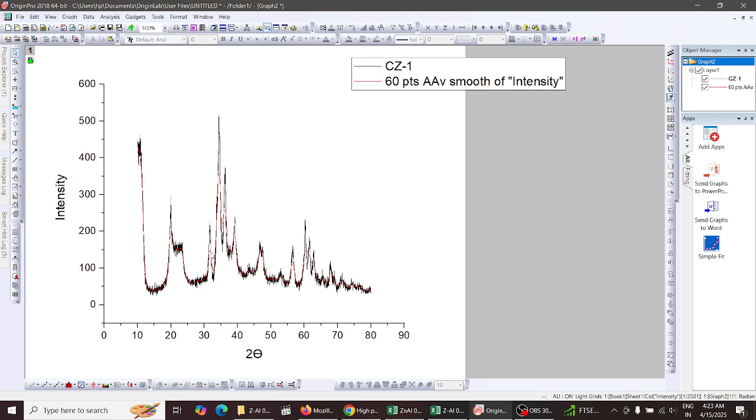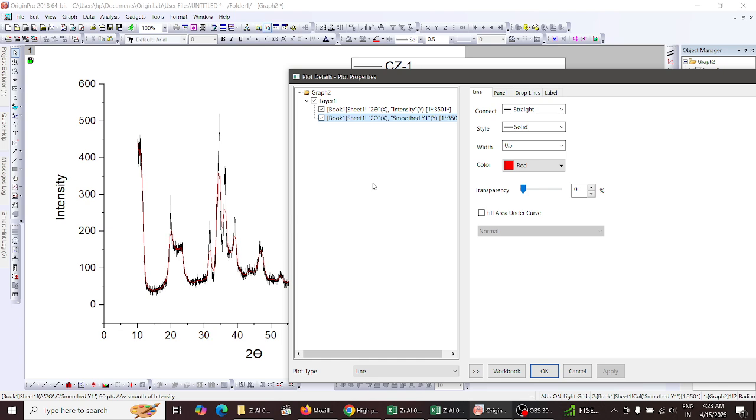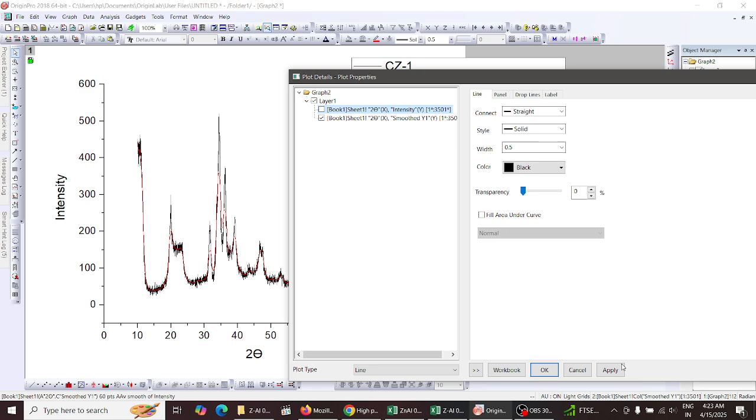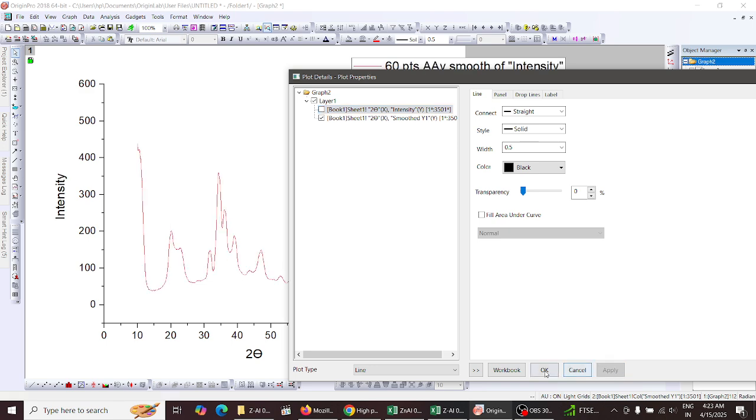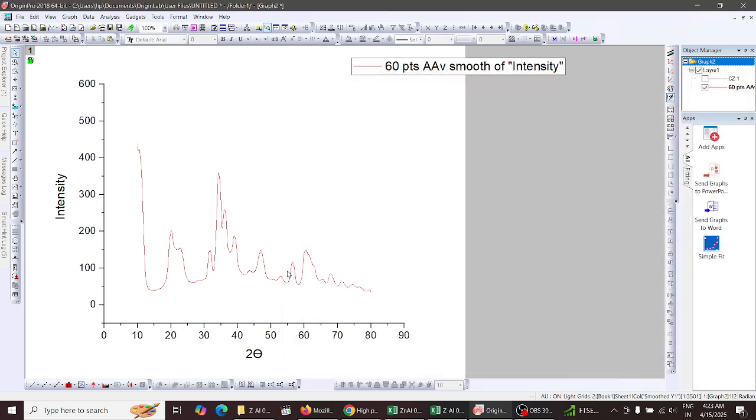And then this is my smoothen point, so we will choose this one. And then after this we can just unselect and then apply and then press OK. So this is my smooth curve. Okay, so you can even make this your smooth XRD data. Okay, or you can say XRD diffraction data,